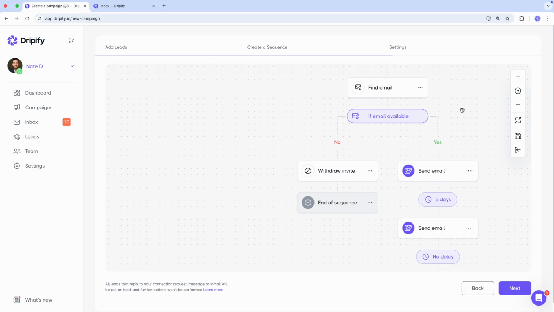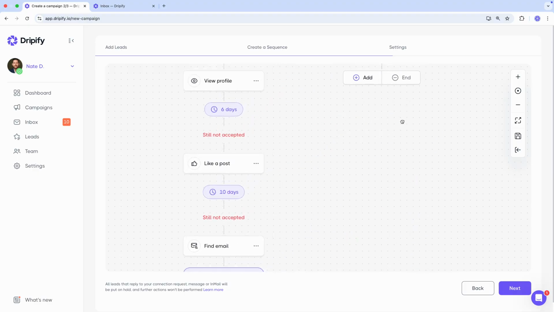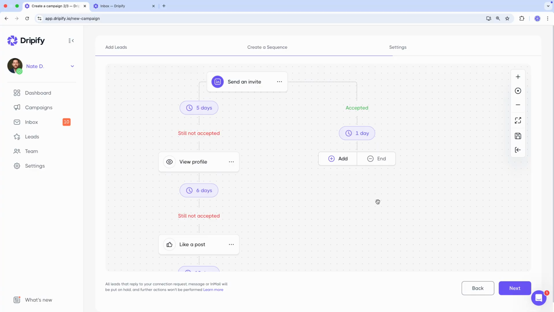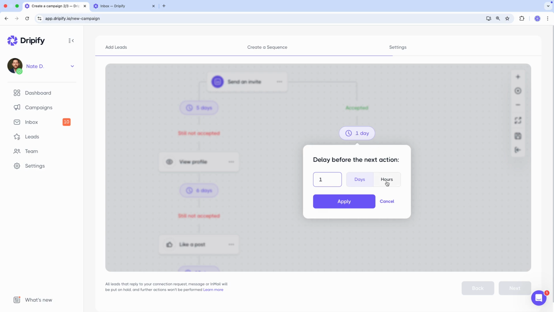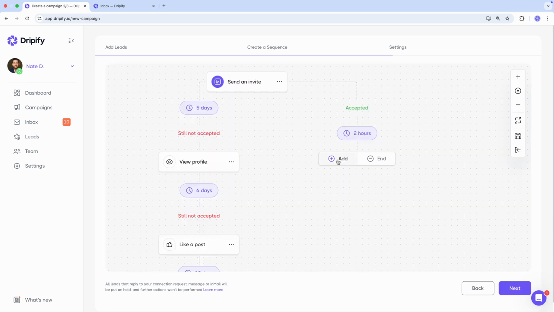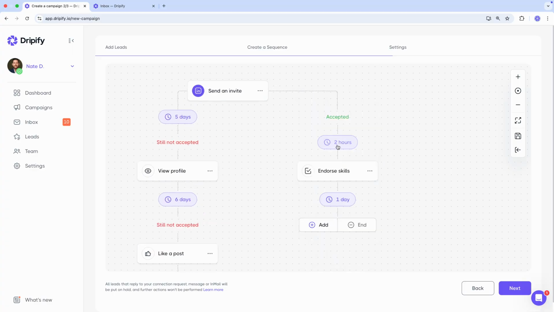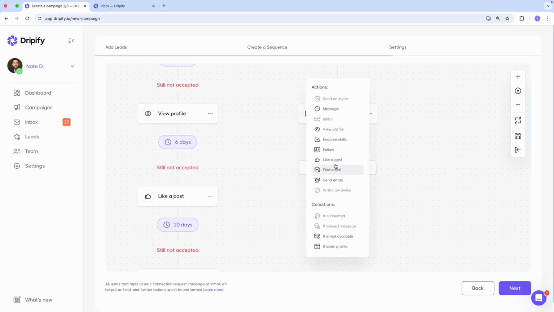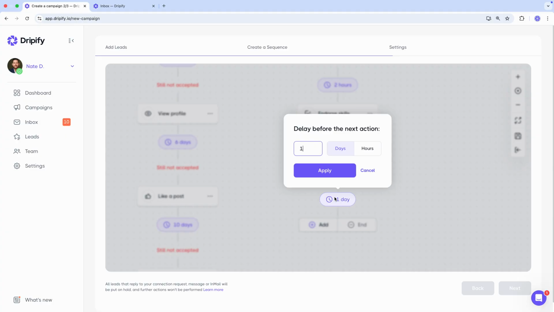Now, let's move to the right branch and work with the leads who have accepted our connection request. It's important to note that regardless of where in the left branch the lead accepts our connection request, they'll be forwarded to the right branch and continue their journey here. So, after a lead accepts our connection request, we wait a few hours, endorse a few of their skills to build some rapport. The next day, we can like a post, then wait 2 more days,